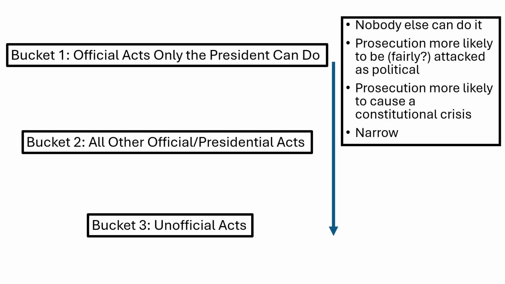And that sense just decreases as you move away from bucket one. By the time you get to bucket three, people will still attack any prosecution as being political, but the attacks are a lot less likely to be fair. And you're not going to cause a constitutional crisis by prosecuting bucket three. Bucket two, some acts are going to have these problems, some acts aren't, and that's why there's a rebuttable presumption. A rebuttable presumption leaves you room to argue,